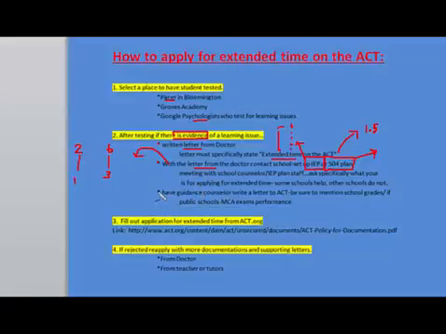Then we're moving on to the next thing here. Once you have that meeting, try and get the guidance counselor to write a letter to ACT, all right? And in that letter from the guidance counselor, once again, just like we did with the doctor, we want to be specific. We want to mention school grades. So if Susie failed a class or got a D in a class, you want to put that in there,